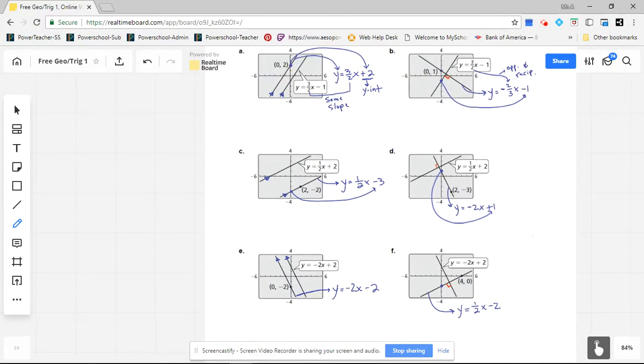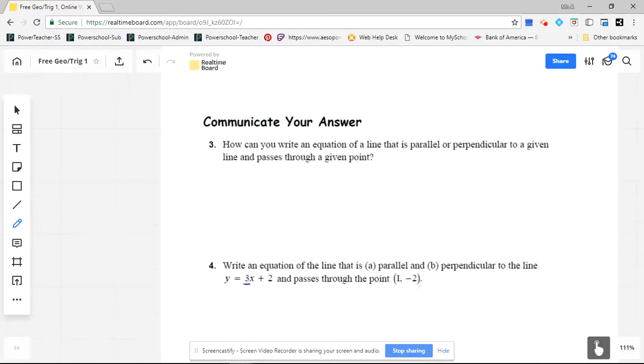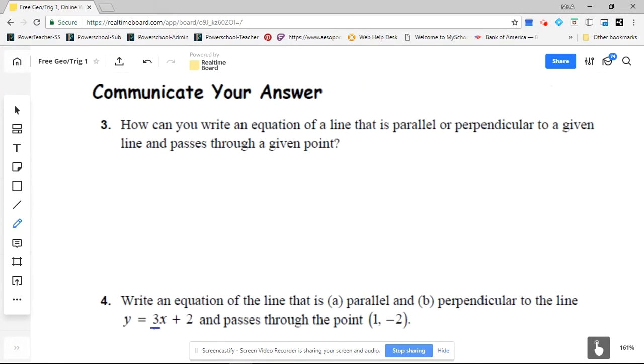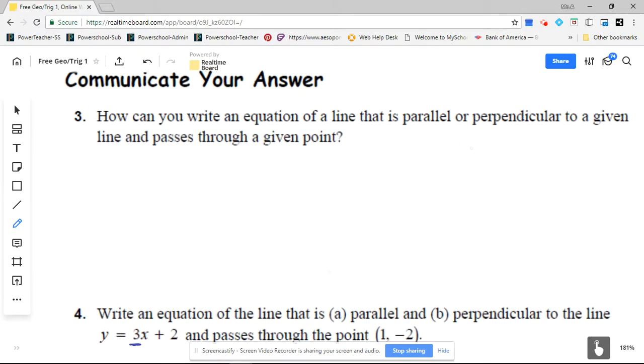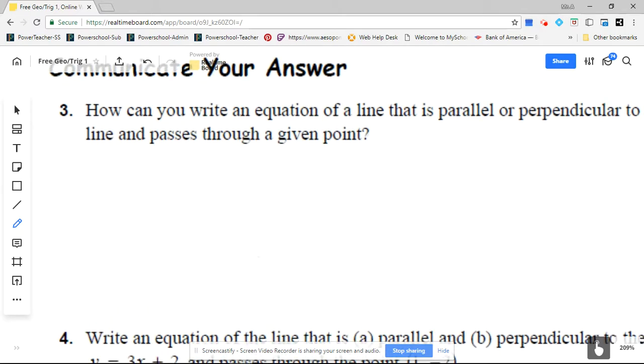So that is writing parallel lines and perpendicular lines. That's all that is. Okay, so we don't have to do the next ones. Same thing. We're not doing anything different. Let's look at this one. Communicate your answer. Let's go ahead and answer the essential question now. How can you write an equation of a line that's parallel or perpendicular to a given line and passes through